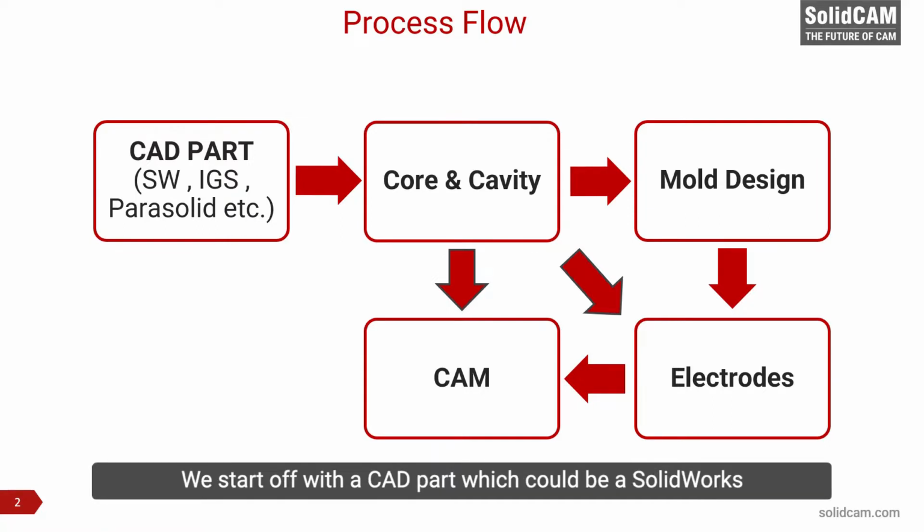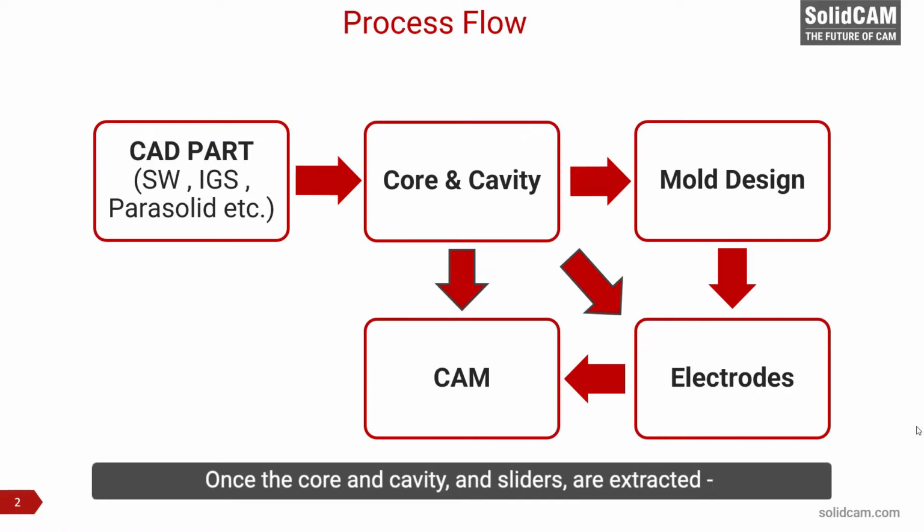making industry. We start off with a CAD part, which could be a part done in SolidWorks. It could be an IGS, a STEP or a Parasolid that's been given to the customer from a third-party source. From there, the first step is to extract the core and cavity of the part, including the